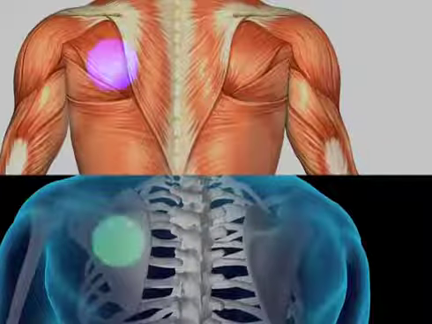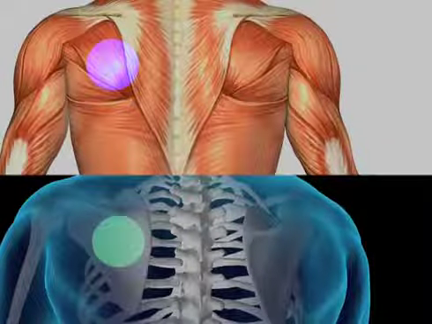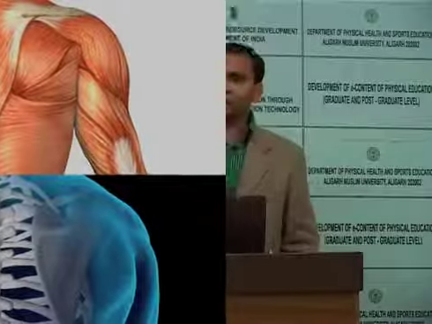All the muscle originates from the subscapular fossa of the scapula, and it is inserted over the lesser tubercle of the humerus. It means this muscle is connecting the scapula to the humerus. So by contraction and relaxation of this muscle, there will be mobility either over the scapula or over the humerus.